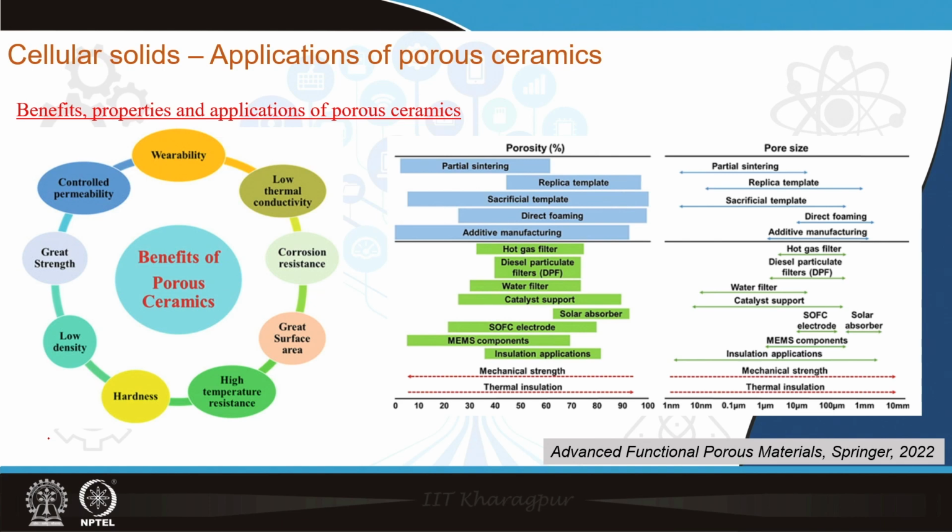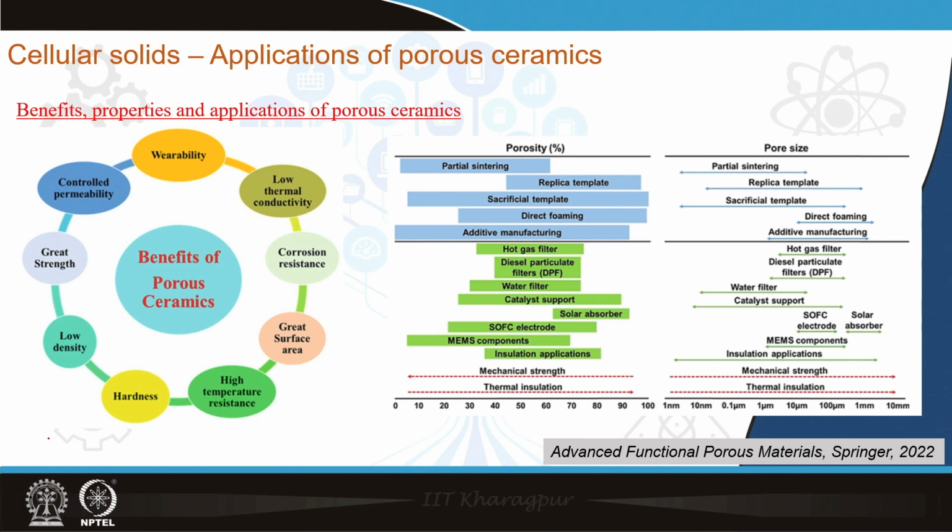Ceramics are also very good for high temperature applications because of their high melting point, and they are also resistant to corrosion. At the same time, porous ceramics offer very high surface area, and if this high porosity is combined with the good properties of ceramics, we get excellent properties like excellent wear